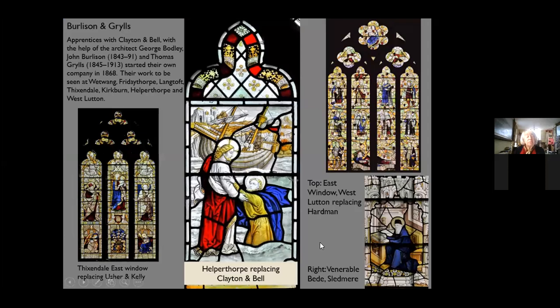But remember, you saw that Burleson and Grills had trained with Clayton and Bell, and they founded their own very successful company. And in fact, they began to be preferred. Their work, in some cases, was of a higher quality than that of Clayton and Bell. And so they began to be used. In some cases, they replaced the work that had been done